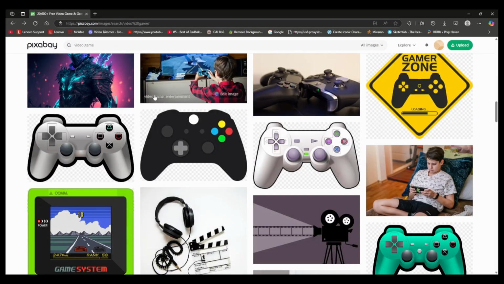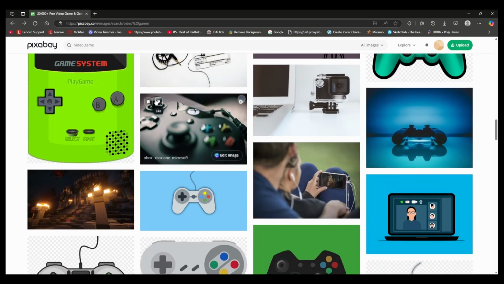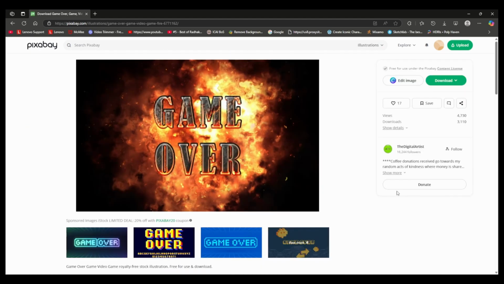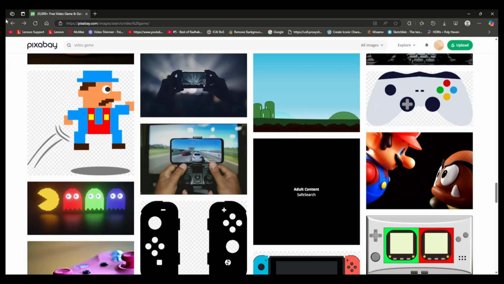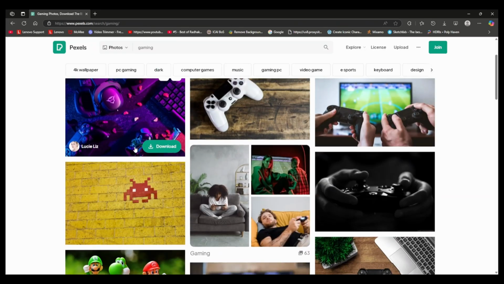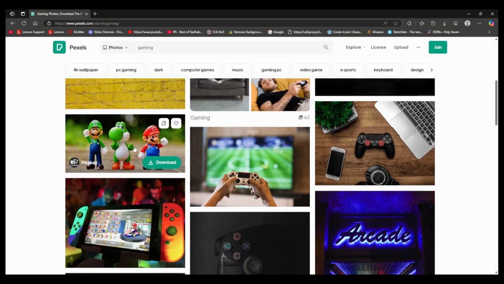Similarly, you can search for any image and download it if you think it will actually look good for a scene. Let me download this one also, which can be used for the screen showing the game over display. So let's download this, select the resolution, let's search for some more images. Let's visit some other websites also to get some different types of images. For example, we have pexels.com, where again you will find a variety of different images that you can use for the arcade scene.